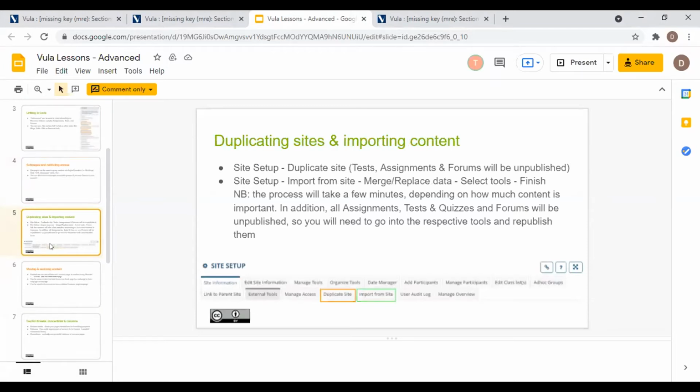We are now going to move on to duplicating sites and importing content, which is important to note. As someone on the Vula help desk, we often get these sorts of questions and queries about creating sites and duplicating sites. So let me take you through duplicating a site. A lot of the time what happens is there are different options, but